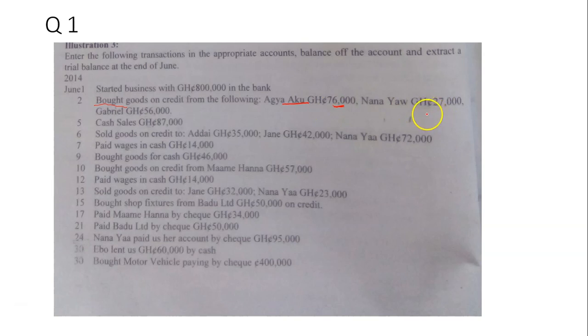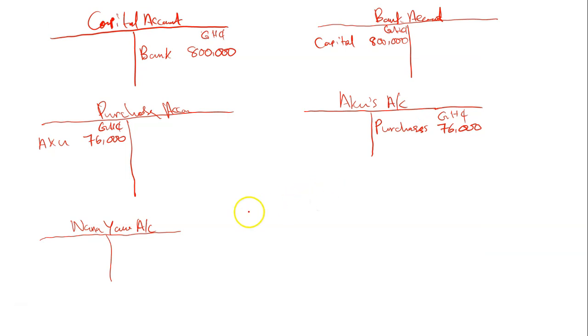As you are purchasing from Nana Yao, his account is decreasing. So because his account is decreasing, we should what? Credit his account in the name of purchases, 27,000 Ghana cedis. In the purchases account, we debit the purchases account in the name of Nana Yao,